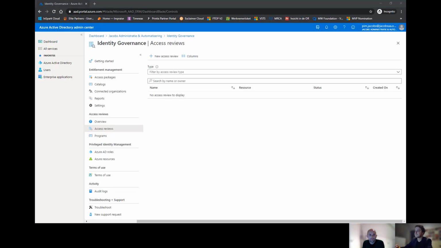But there is always a review moment in time where you must have a look at it. Actually, it's providing you a framework, but it's not automatically discovering new applications in your environment and saying, okay, I'm putting this subject to identity governance.